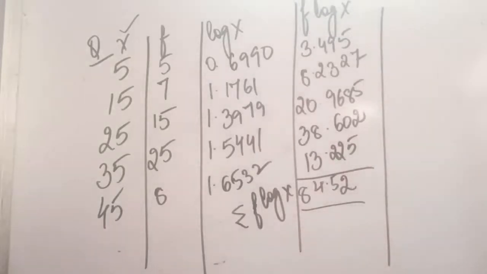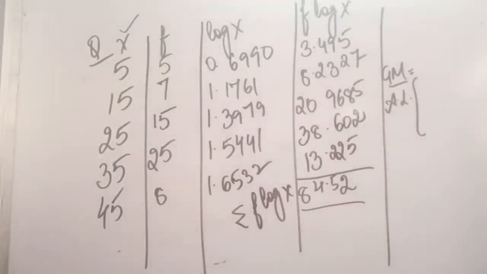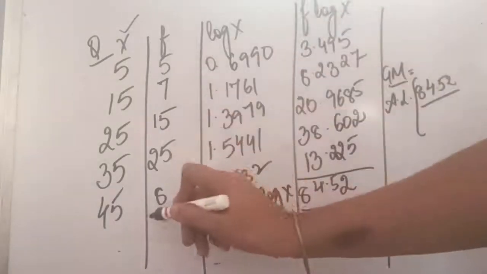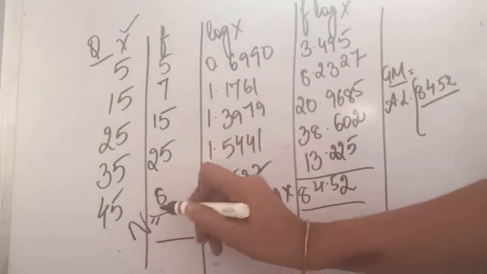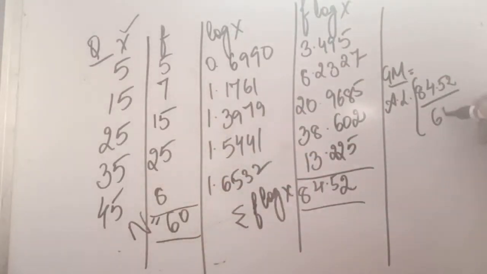Now we will apply the formula for the calculation of geometric mean. The formula is antilog of sigma f log x, which is 84.52 something, divided by n. Here the frequencies total will be n. So here n is 60 in this question. So 60 here. Now we will be taking the antilog of